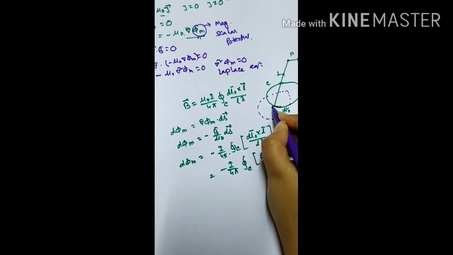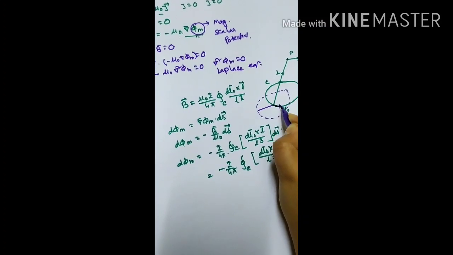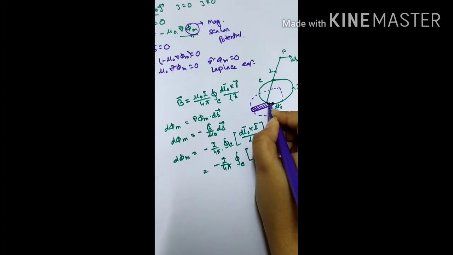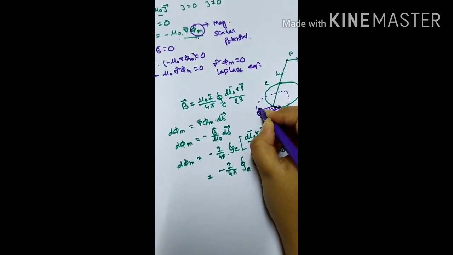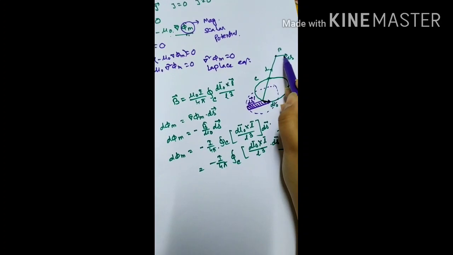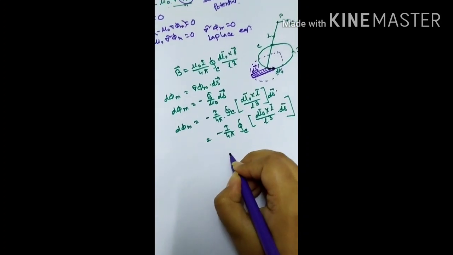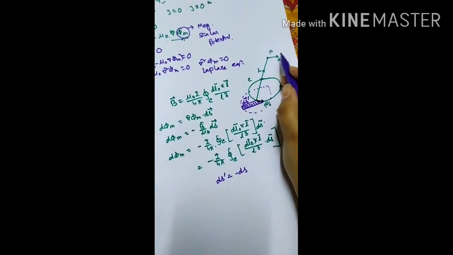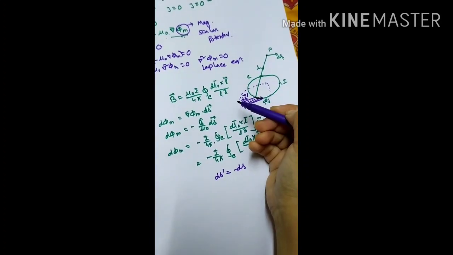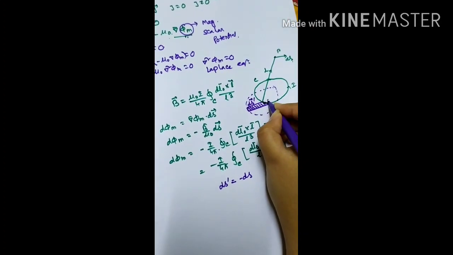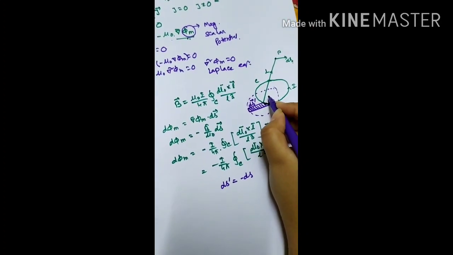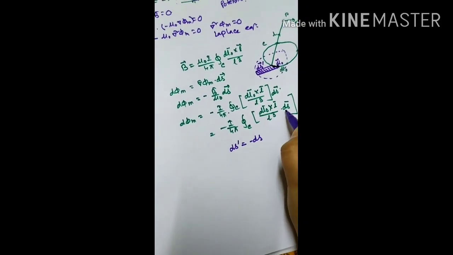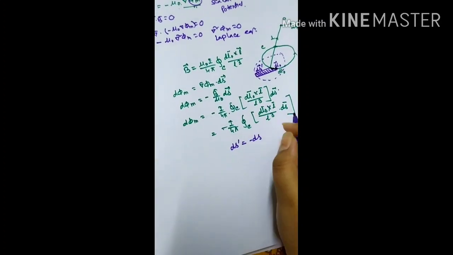So now this dl area will also be displaced. Here we consider a small area where the displacement is ds prime. This is ds and ds prime, where the condition of ds prime is that ds prime will be minus of ds. Actually ds is in this direction and ds prime is in the opposite direction. And this is dl0. So we can write here instead of ds, minus ds equal to ds prime.